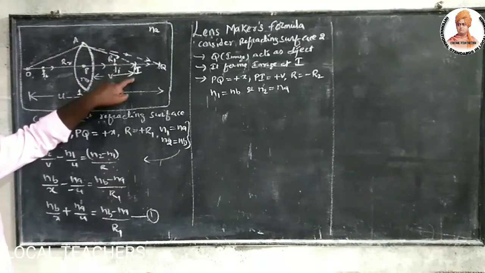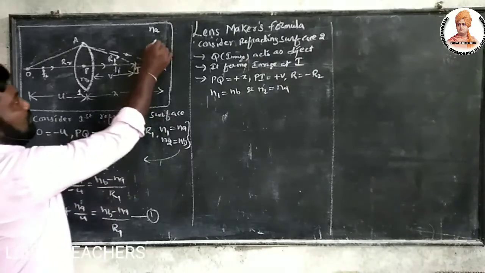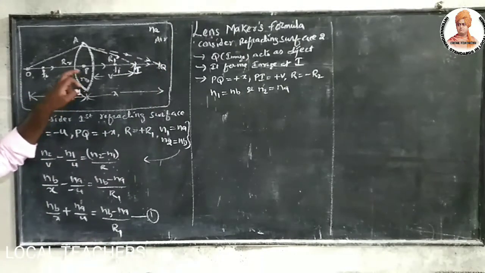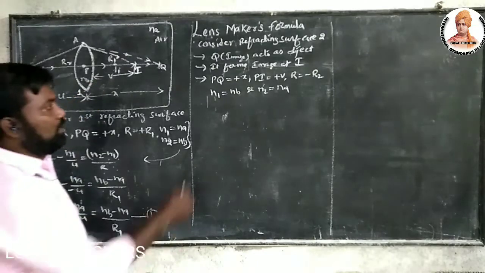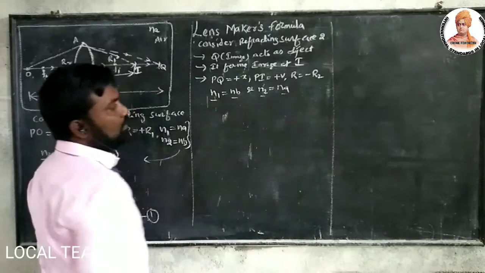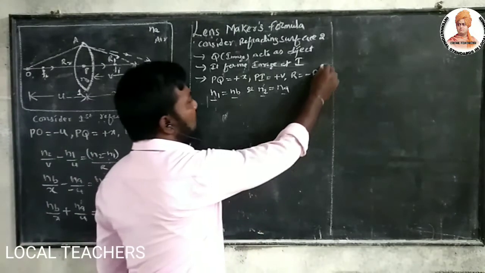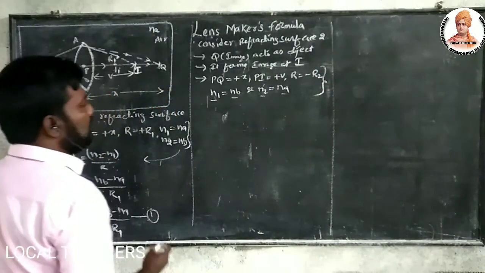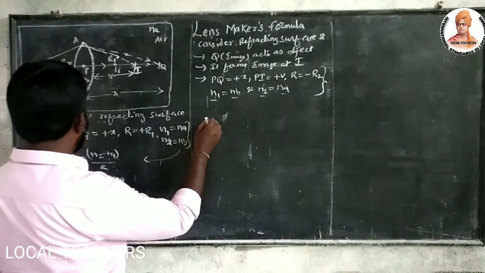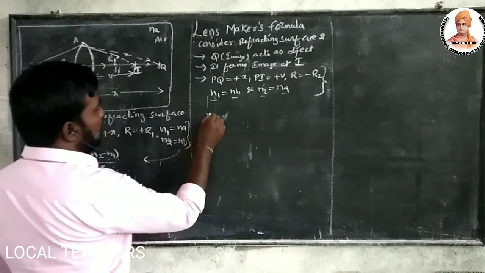Lens to another medium. Here, another medium is nothing but air only. So first, light enters from lens to air. So here N1 becomes NB, N2 becomes NA. Substitute all these values in the derivation of the curved surface formula. So that is nothing but here